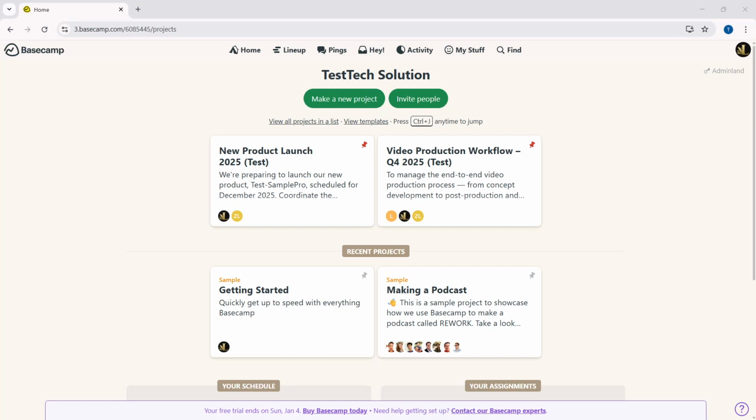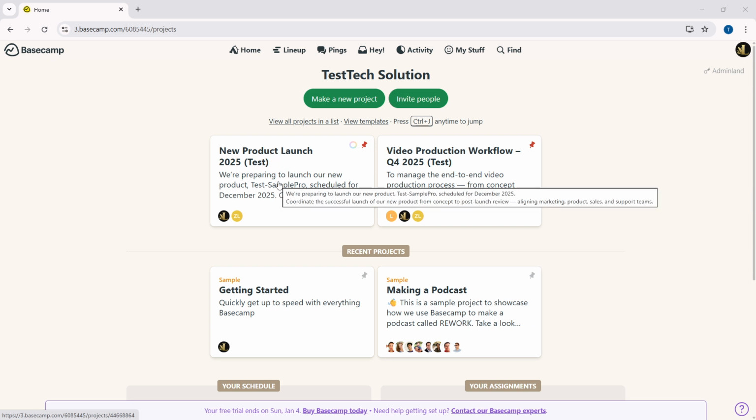In today's video, I'm going to teach you how to organize your project using the Docs and Files tool, a crucial step for keeping your work neat and accessible. Imagine having all your project documents and files scattered everywhere. It's not efficient, right? So, let's dive into how you can streamline this process, making everything easy to find and